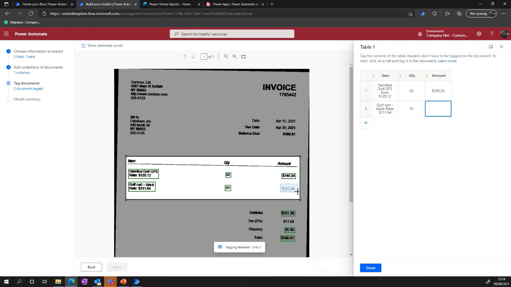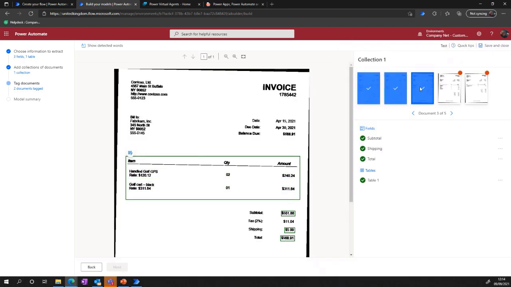There we go. And then press done, and then again it's accepted that. So what we'd have to do is do that for all 5 of our documents, and from there it's going to know where that document, that information, that data is on our page. Once you've done that, you'll be able to click on next, and then you'll be able to analyze,